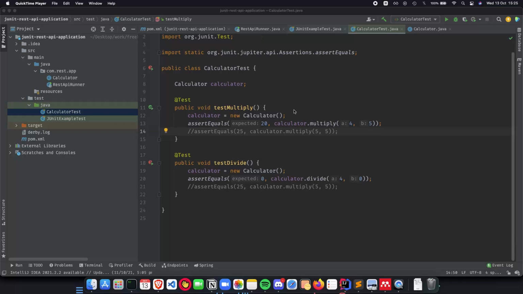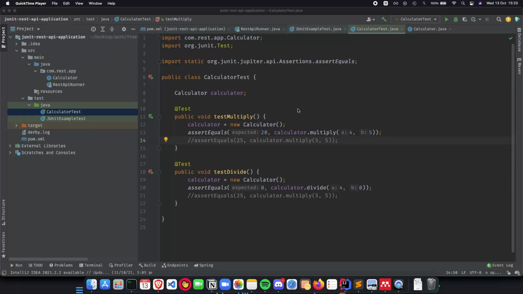So in the previous videos, we talked about what we are going to build, which is going to be a REST API, and then we are going to write unit tests for that REST API. We will also be talking about the TDD approach, the test-driven development approach, where we first write our tests and then we build our API based on those tests. We will be doing that for one of the methods of our REST API.